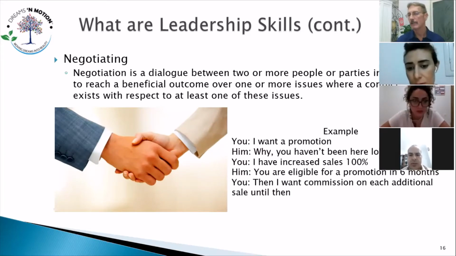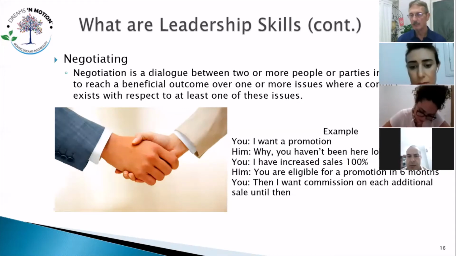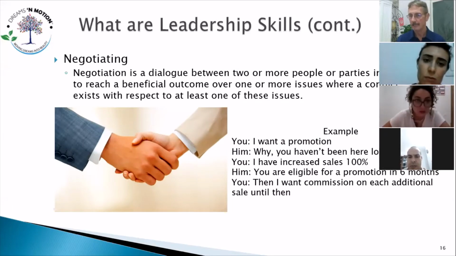Okay, so negotiating is another skill that we think about when we talk about communicating, because basically negotiating is a dialogue between two or more people where you're trying to reach some kind of beneficial outcome over an issue where there's a potential for conflict, right? So if I'm thinking about negotiating for a promotion, as an example,